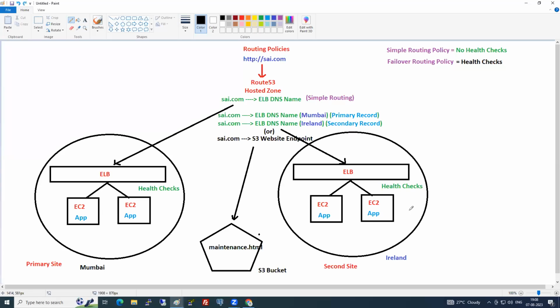What can be synced is the data behind it. Just in case I'm saying database, what is the service we used? RDS. In RDS, can you create a primary here and a replica here? Simple, you can architect like that. It is read only; you cannot write. So in that case, you need to have a similar setup here and a similar setup here.